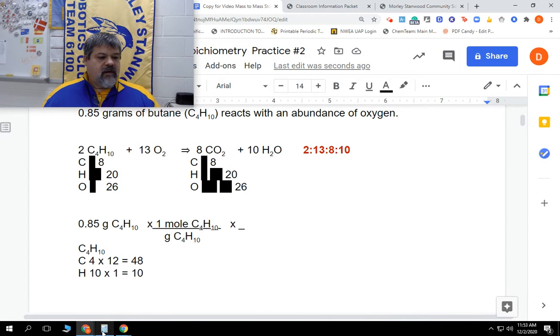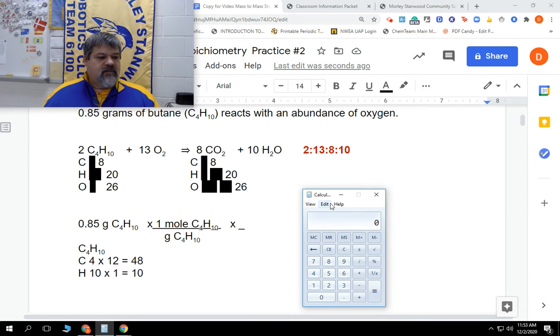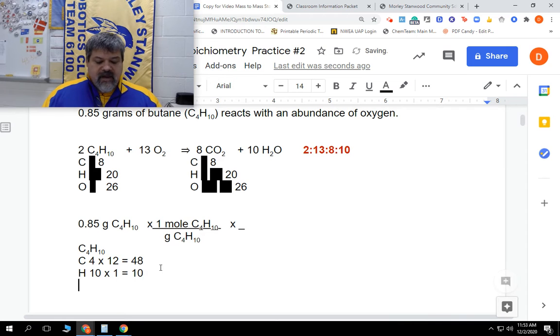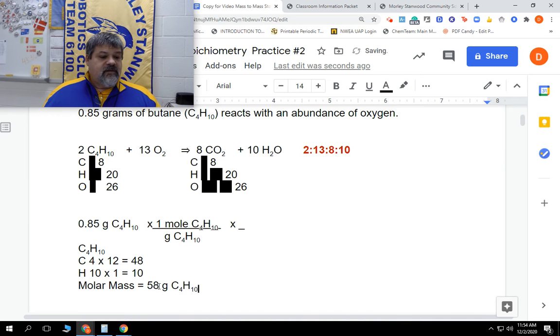So let's get our calculator out and put it in. So let's double check. 4 times 12 equals 48. And we're going to add to that our 10, and so we should have 58. So our molar mass equals 58 grams of butane. So now we're going to take this 58 grams and place it right here in our